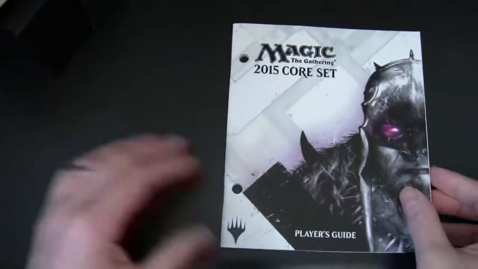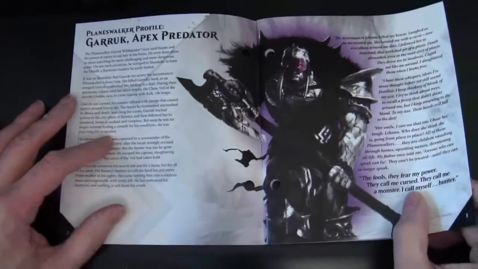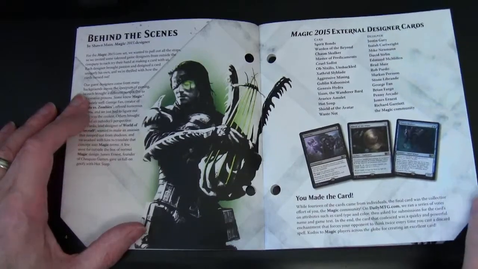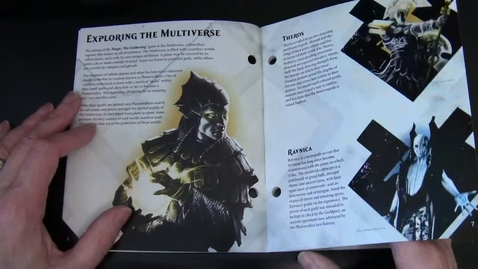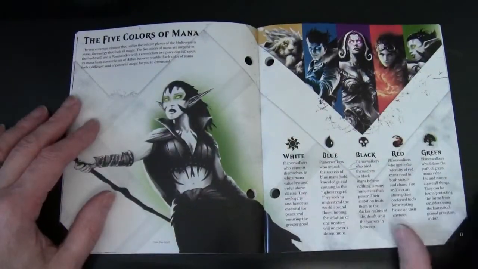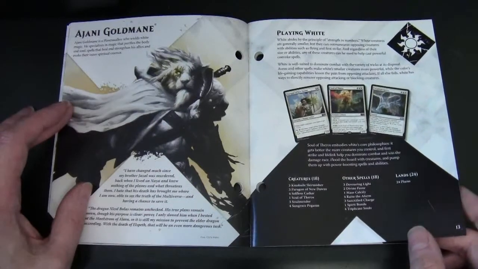So I think first up we'll take a look at the player's guide, because it's always good to see recommendations and backstory. A bit about behind the scenes of the design, then the multiverse: Theros, Ravnica, Innistrad, Chandra, Zendikar, New Phyrexia. A bit about the colours of Magic, and then as with a lot of these